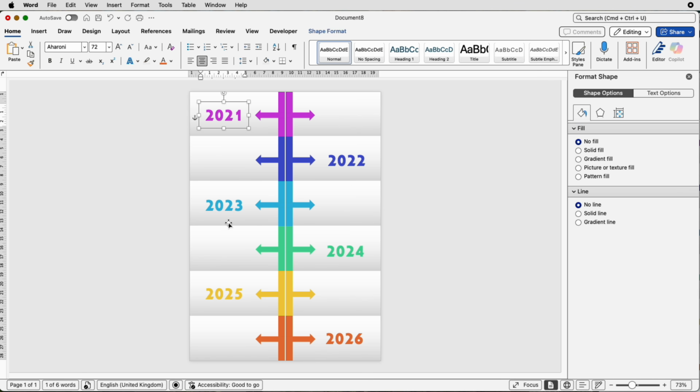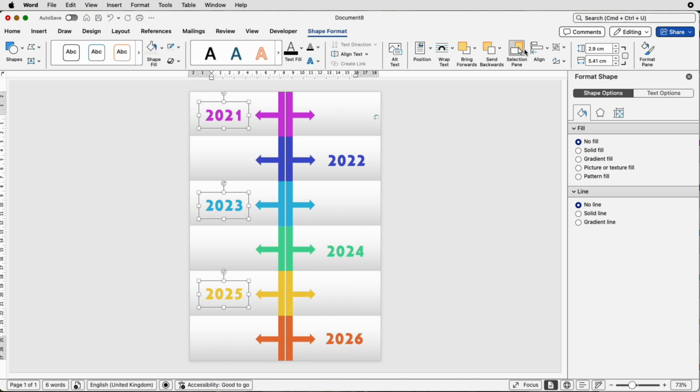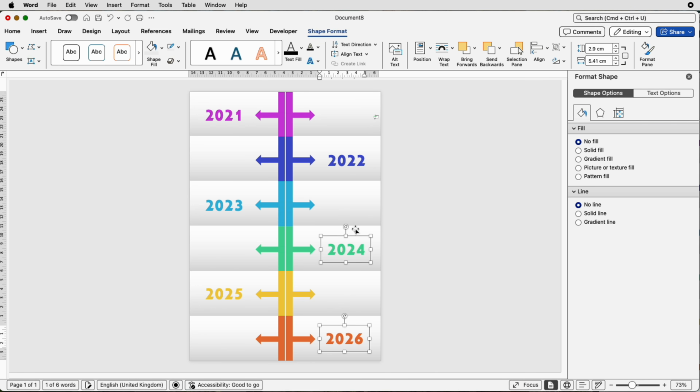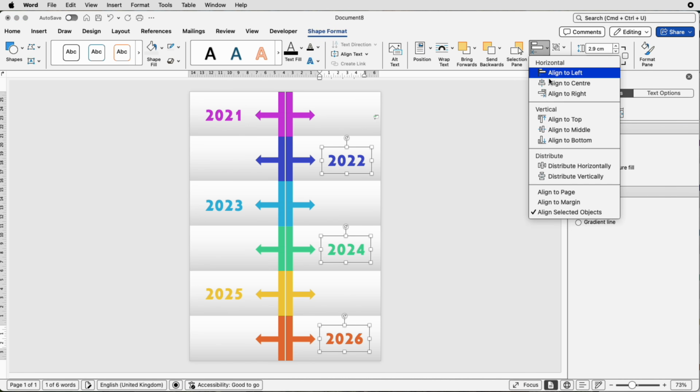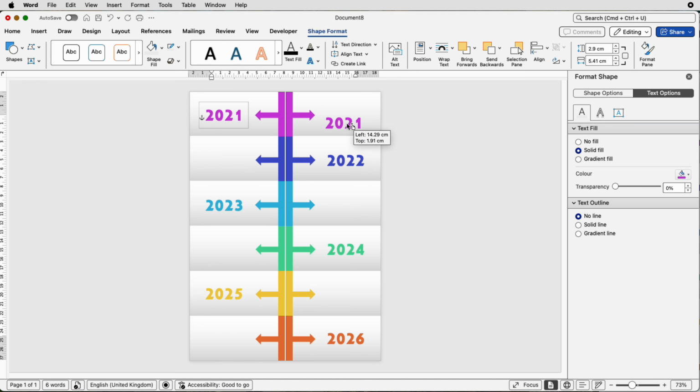Then just select all of these three, holding down that Command or Control key, go to Shape Format, Align, Align to Center. So they're all now perfectly lined up. Same with these. Select them all, Align, Align to Center. Now we can copy and paste this one, move it across to here, and then you can put your ordinary